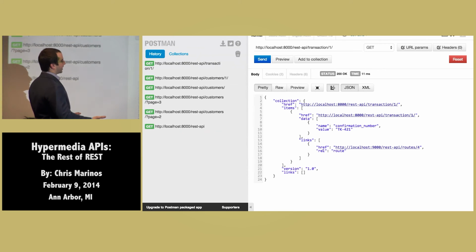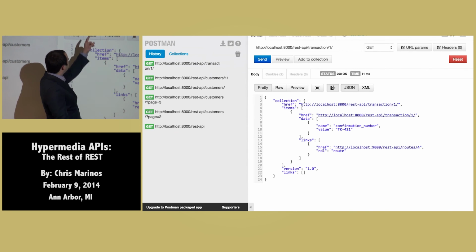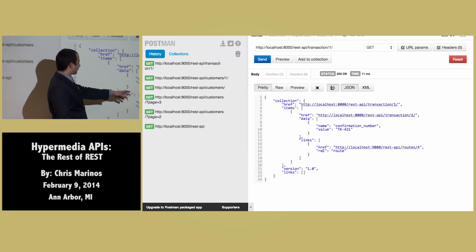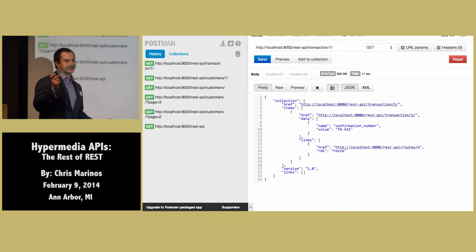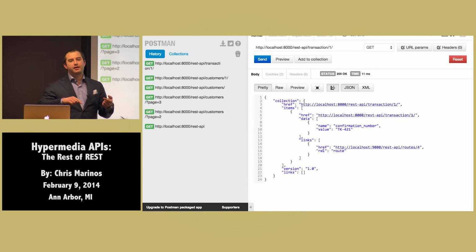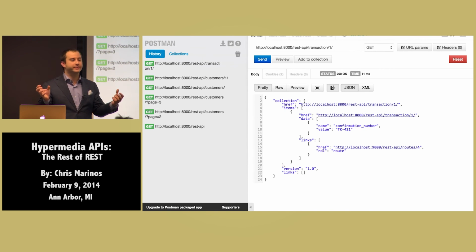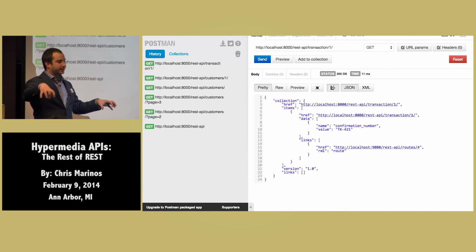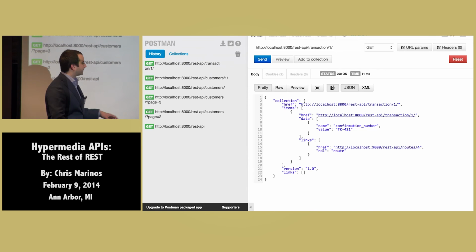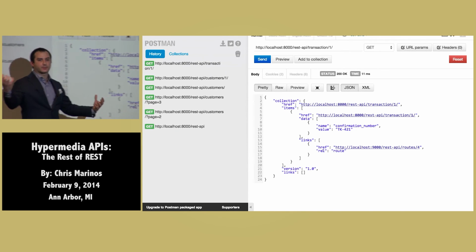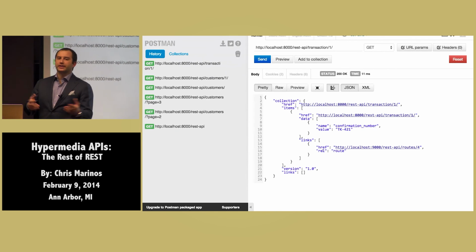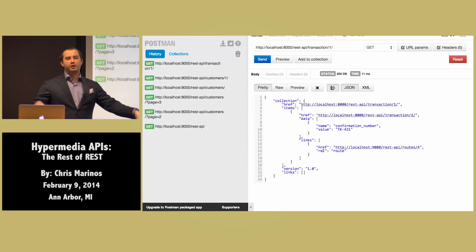And so you see now we have another resource that comes back, and it's an individual resource, transaction 1. It has a confirmation number, TK421, and a link to the route. So if this was a transaction, this would be saying we're going out to our other service, whether it's UPS or some internal shipping provider, that's some shipping service that has more information and is responsible for the idea of shipping information itself. And so this is on localhost 9000. So it's a separate service with a completely separate, it could be written in anything else. It just happens that these two are written in Python, but one could be in Node, one could be in Python, one could be in C#, one could be on